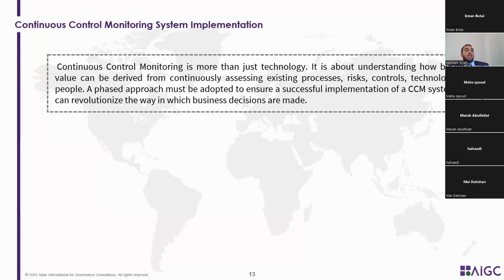We need to understand what the current challenges and the current inefficiencies are that we need to continuously monitor. What are the kinds of activities that we need to continuously focus on and ensure they are falling within the desired limits or the desired thresholds. So to properly implement CCM systems or solutions, we should follow a phased approach,